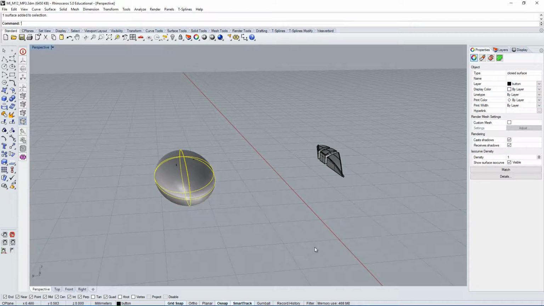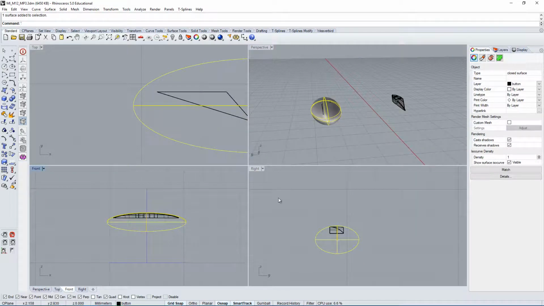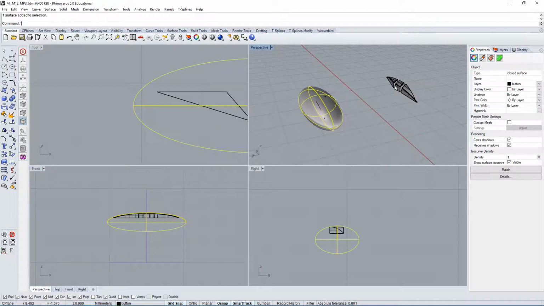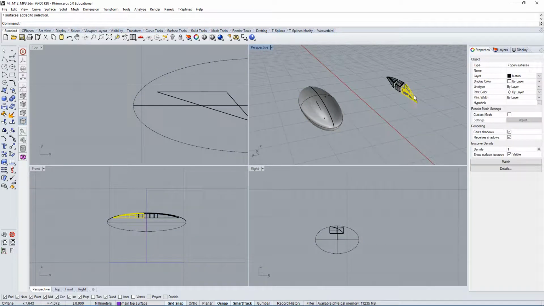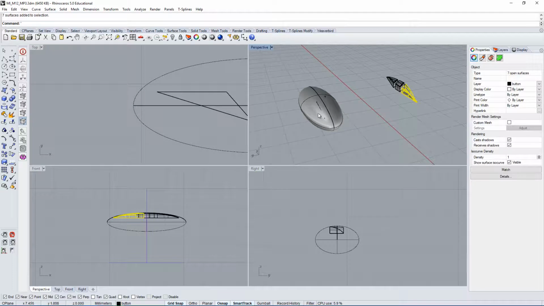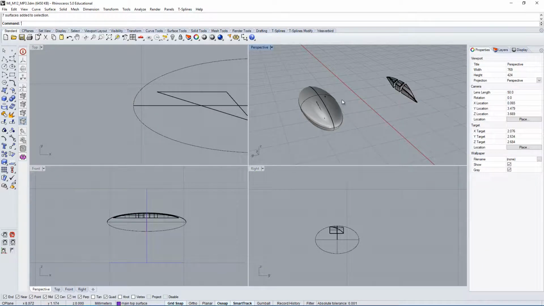Now, one thing to keep in mind is that everything I'm copying, these surfaces and this object, every time I'm moving them exactly by 5 squares, which in this case is exactly 1 unit away. One of the reasons why I'm doing this is because it makes the workflow a lot easier. For example, if I wanted to refine this entire object as a solid, and then replace this new object instead of that one, I could just move it by 1 unit, and that's it. So it kind of speeds up the process, and it makes it easier to see what you're doing.